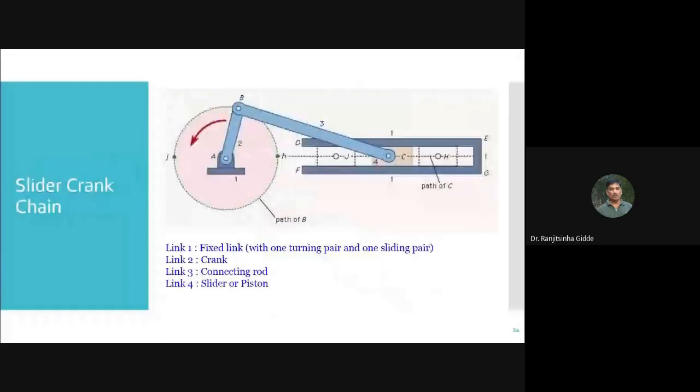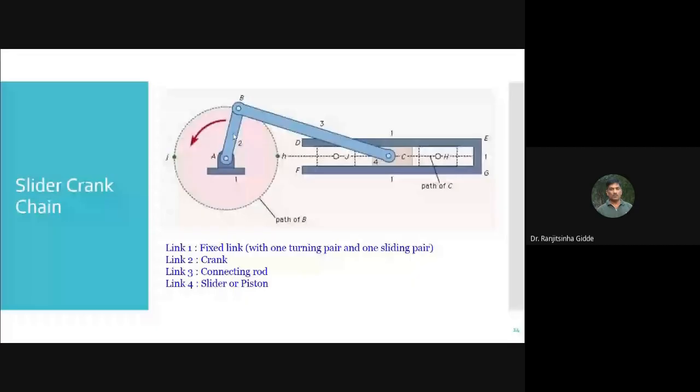So whatever piston is shown here, number 4, can act as a driver or as a follower. This link 2 can act as a follower or as a driver depending upon